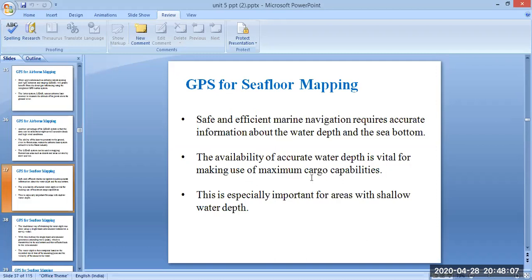So by knowing the accurate water depth, we can make use of the maximum cargo capacity. This is especially important for areas with shallow water depth.